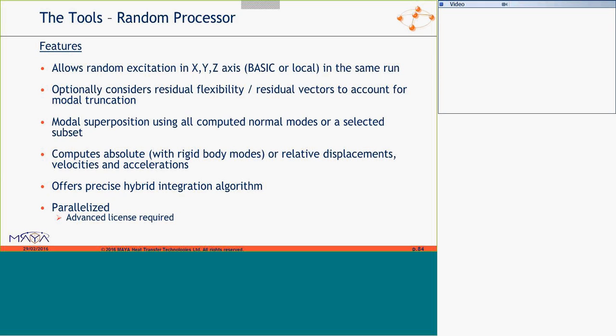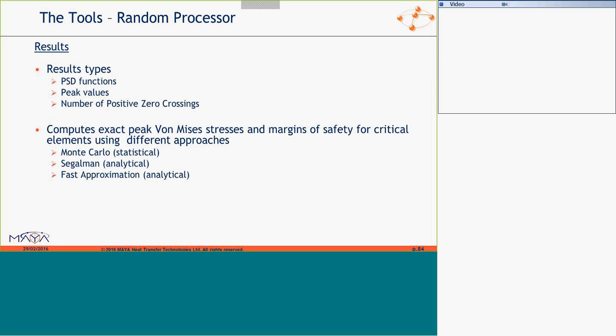It's got a hybrid integration method. In the advanced version, it's parallelized, so it's fast and very precise, and because of the hybrid integration scheme, you don't have to specify additional spectral lines or worry about having too many or too few. All handled by the integration scheme.